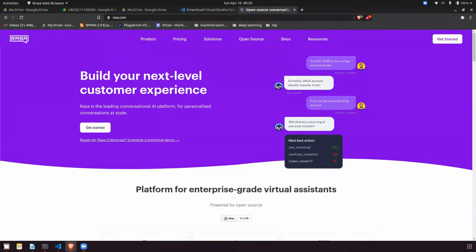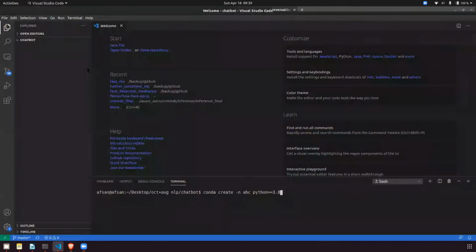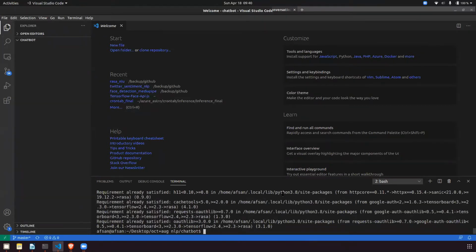So first we'll try to install everything. To install everything, in the VS Code terminal, or if the VS Code terminal is not working, in the command prompt, everyone just type pip install Rasa. I will also do the same. I'll use pip3 install Rasa, because my system configuration is different. But for you, everyone is working on a Conda environment, right? So for you, it will be pip. Everyone just do pip install Rasa, and it should get installed.